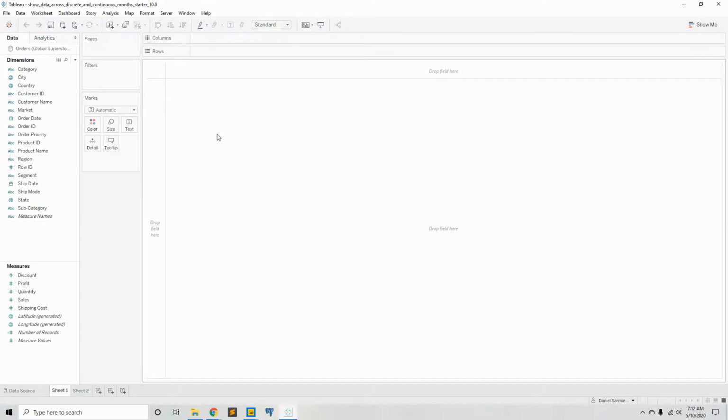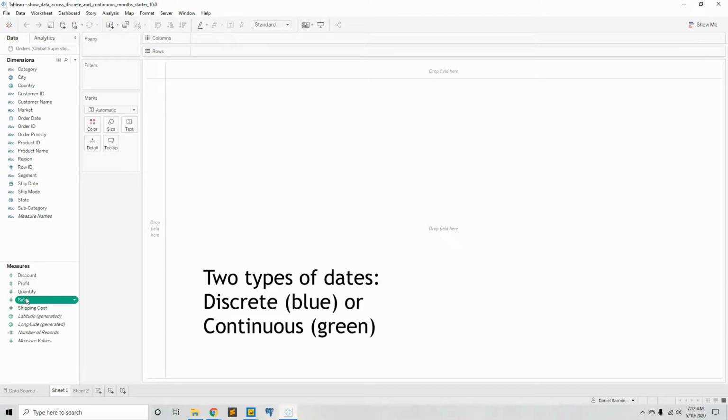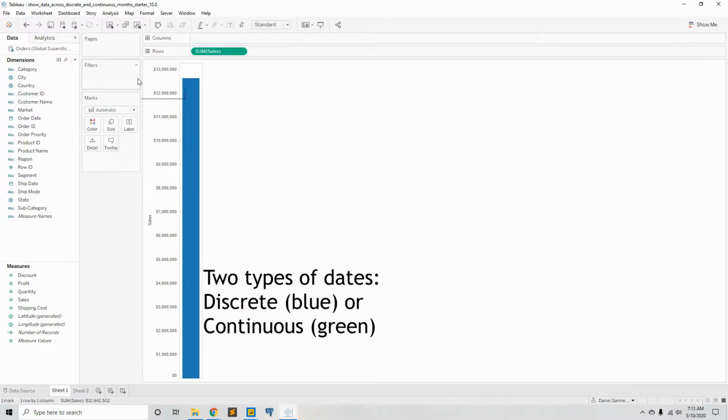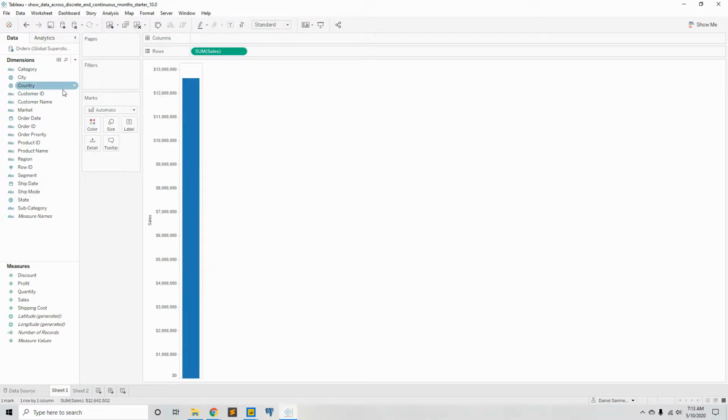We're going to look at working with dates and the different configurations. Basically speaking, there are two different ways of looking at dates. Let's bring some measure data into the rows, and let's try to chop up this data according to another dimension